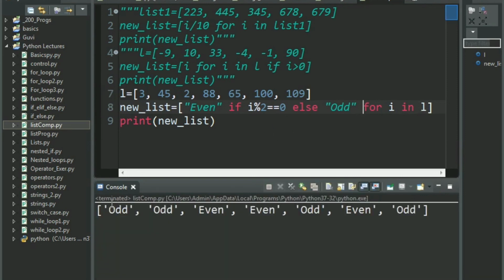See how beautifully you have all the numbers being replaced with their respective string. So this is how you can deal with list comprehensions to make your code very precise and crisp, and it basically makes the code compact, right? The lesser number of codes, the smaller your program is, which is one of the very important aspects in programming. The smaller your code, the lesser memory it takes, the more efficient your code is considered to be.